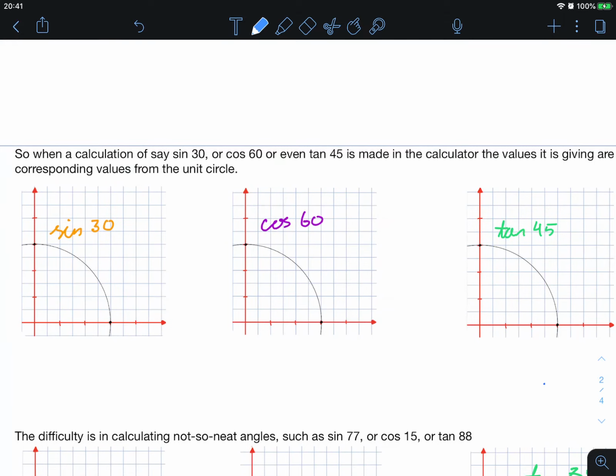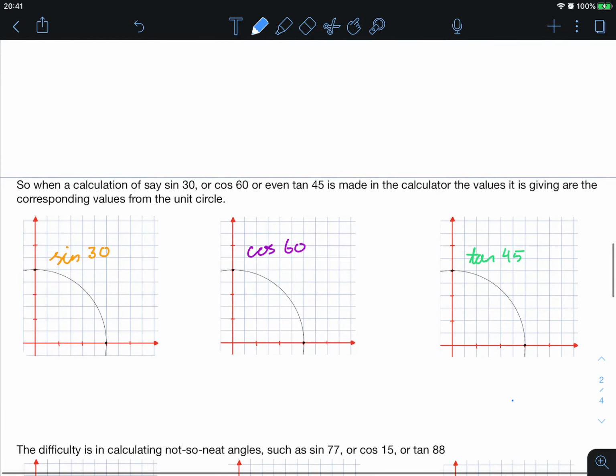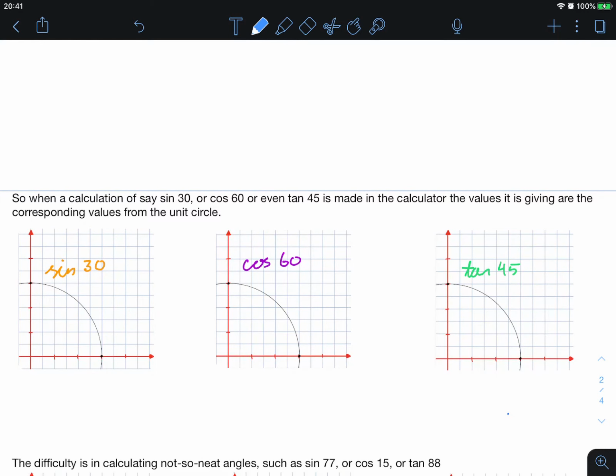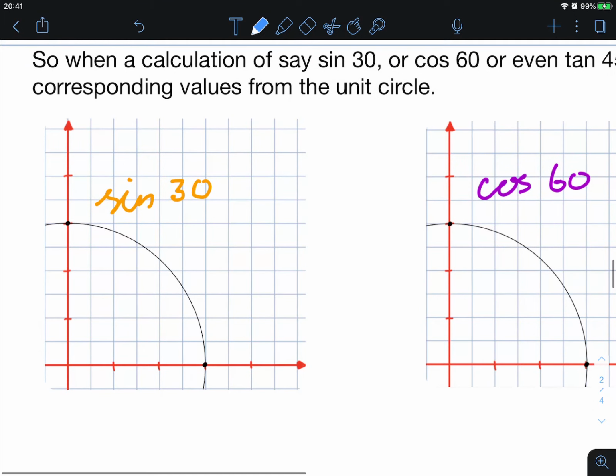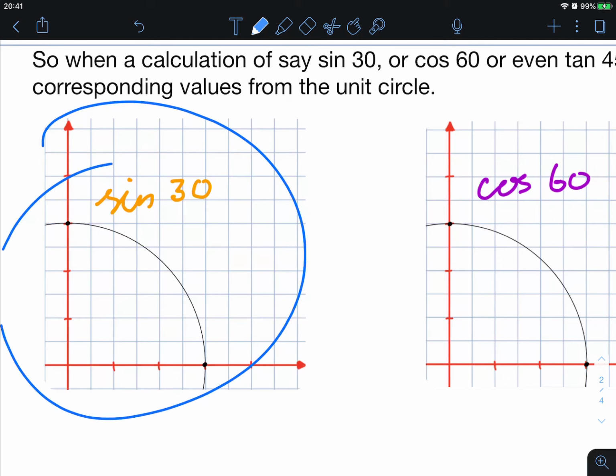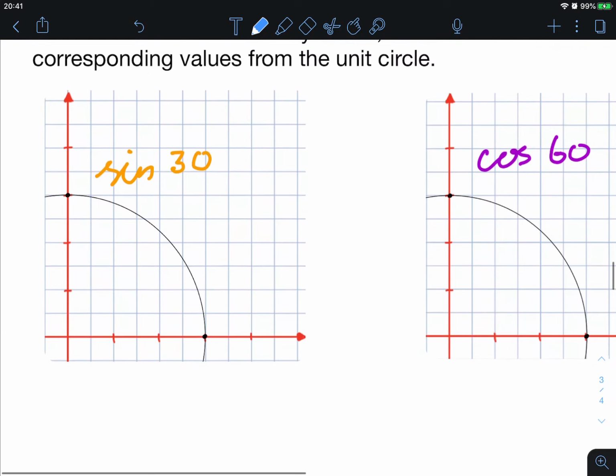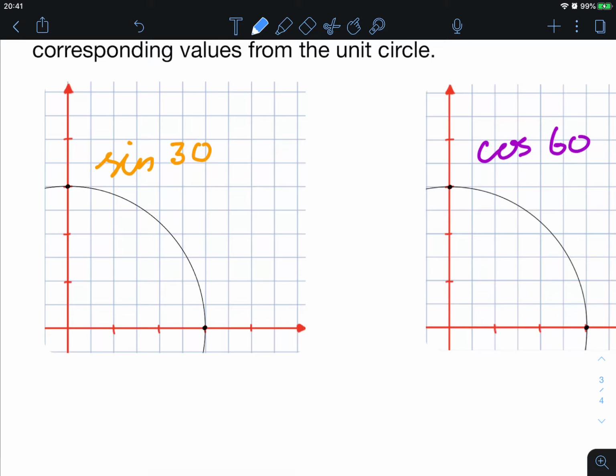So when we calculate, say, sine 30 or cos 60 or even tan 45 in the calculator, the values it is giving to you correspond to the values of the unit circle. So inside, it's a very simplified version of what's going on in the brain of the calculator. But essentially what it's doing very quickly is, when we type in sine 30, the calculator quickly draws up a unit circle. It measures sine 30 degrees from